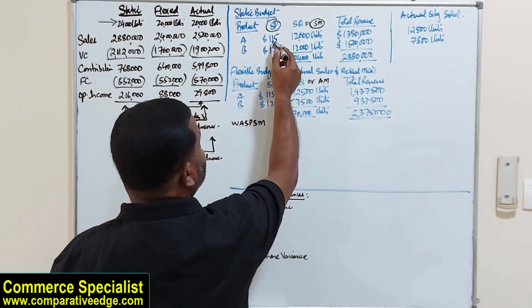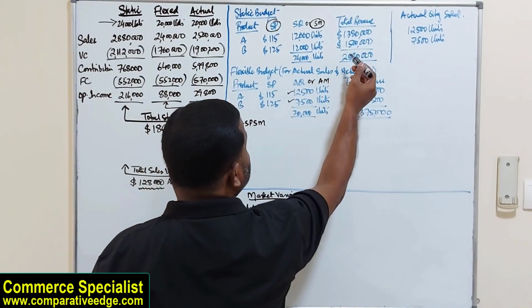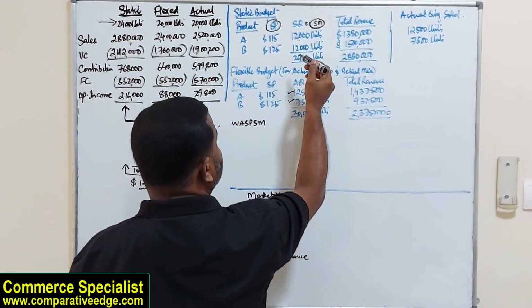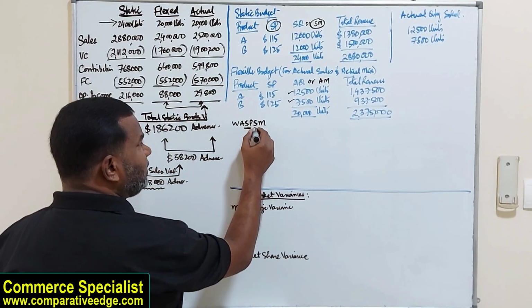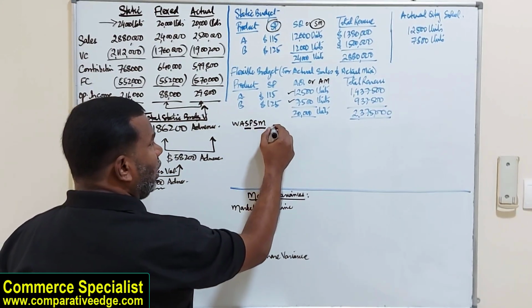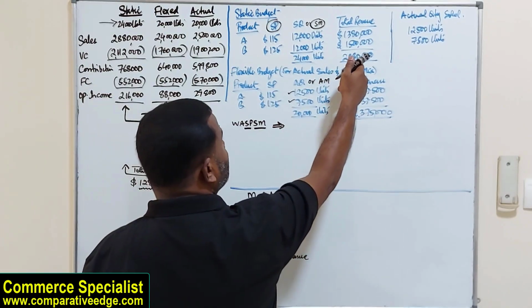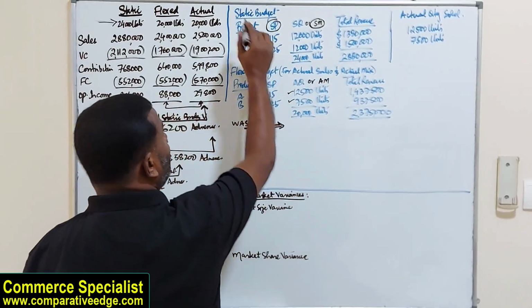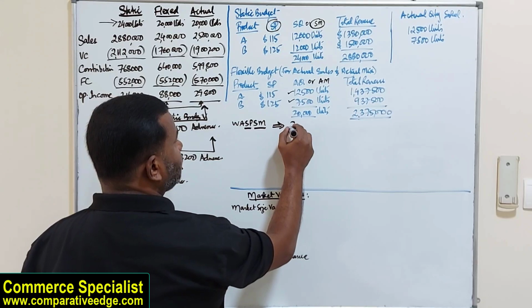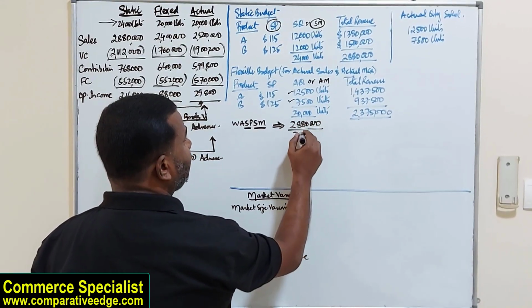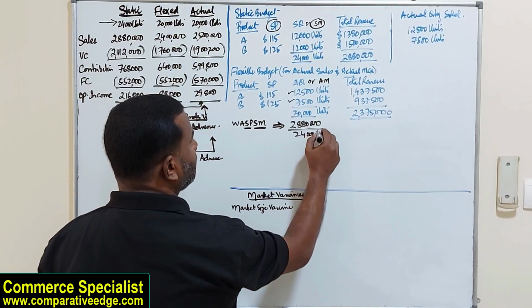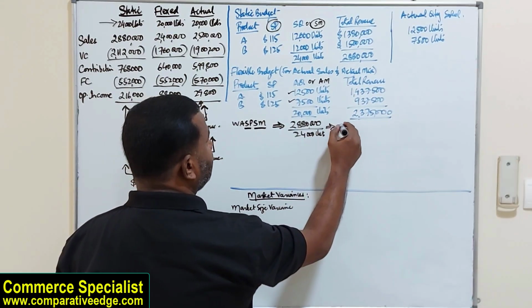So obviously this standard price into standard quantity, we get this. So this total sales divided by 24,000 will give me VASPSM, which is standard price into standard mix. How to calculate? Just divide total revenue by 24,000. This is all static budget amounts. So 2,880,000 divided by 24,000 units, which will give you